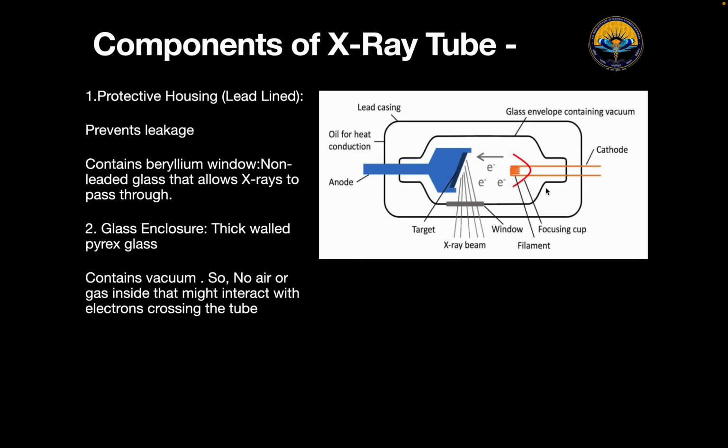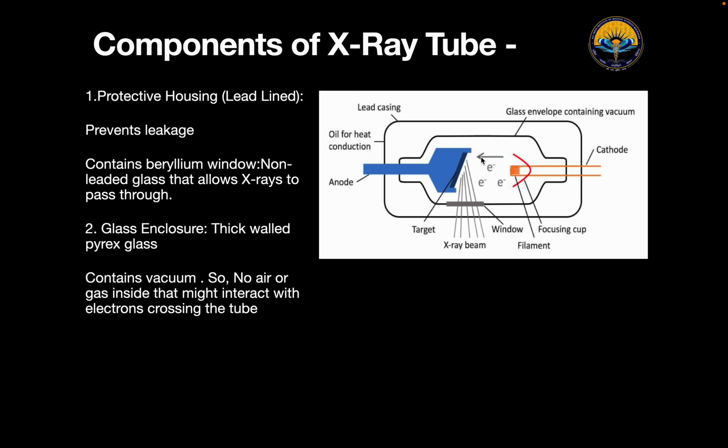So the importance of this glass enclosure is that we will have vacuum inside it. If we talk about how X-rays are produced, electrons will be formed at the cathode level, and they accelerate towards the anode level, and they will hit the anode, and that will cause production of X-rays. So if we don't have vacuum inside this tube, if we have some air